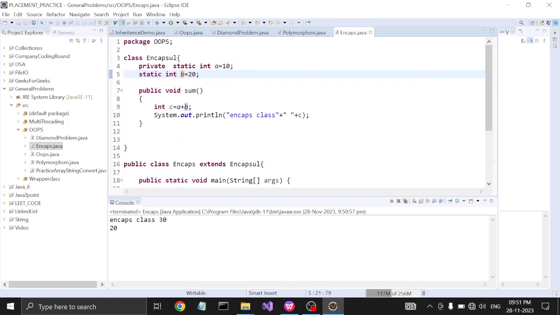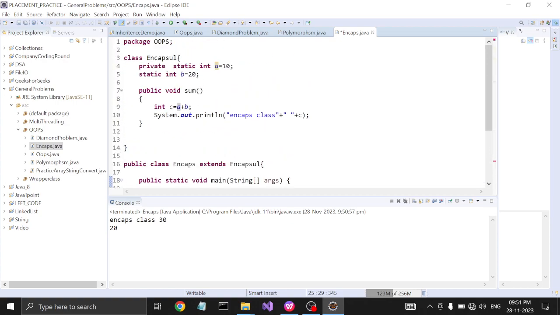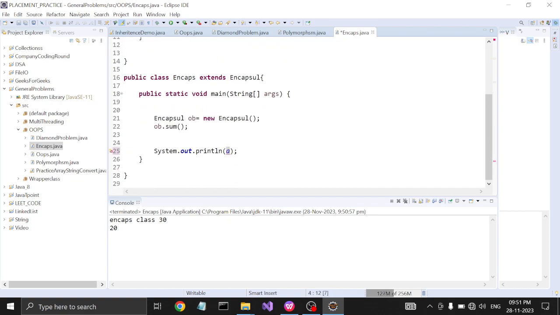Now we see that if I try to access the variable A of the Encapsule class, which has the data type int and the access modifier private, we are unable to access it from outside of the class.